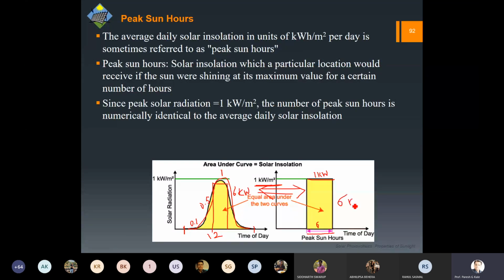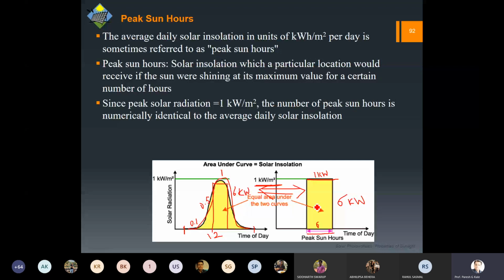Here also we get a total of 6 kilowatt. Now what is the benefit here? We know that we are getting a flat 1 kilowatt for 6 hours. So this is useful for the system design. However, practically things will be different, but we are not really worried about that now. So this is called the flattening of the profile. So whenever we get data for a particular place for designing the system, we are not going to ask for this particular curve, because it would be very complex. Instead of that, we simply ask how many peak sunshine hours.